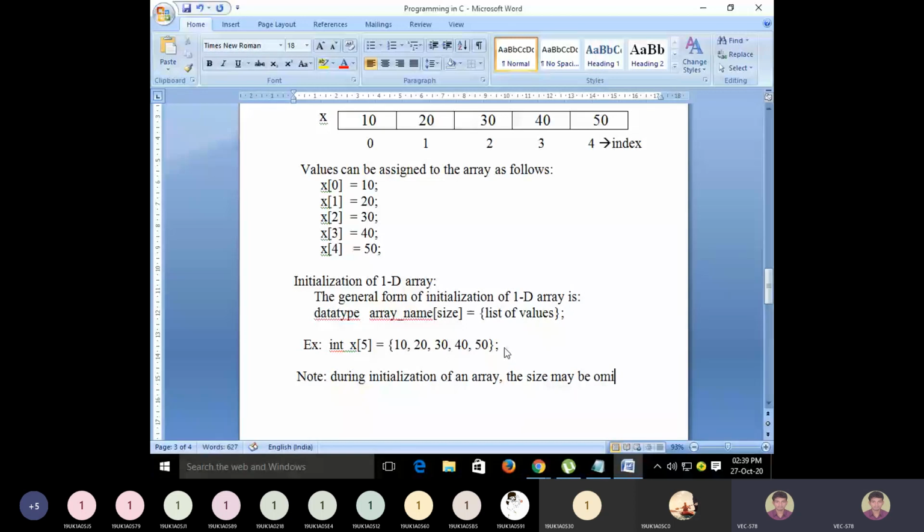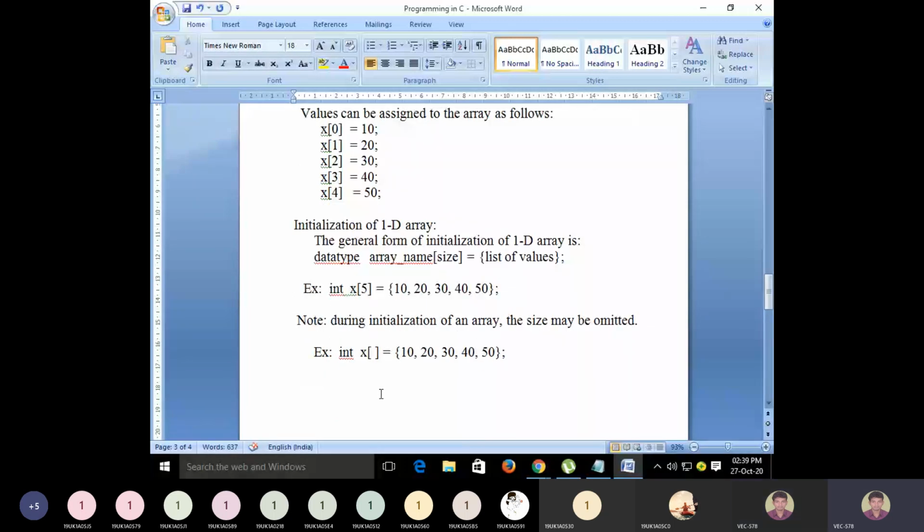So you can ignore the size of the array. For the same declaration, initialization can be done in this way. In this case you can just give empty brackets. You can say int x, empty brackets, is equal to, then you pass all the elements.